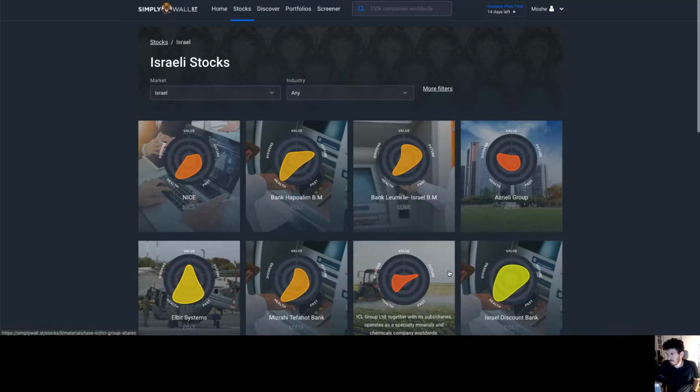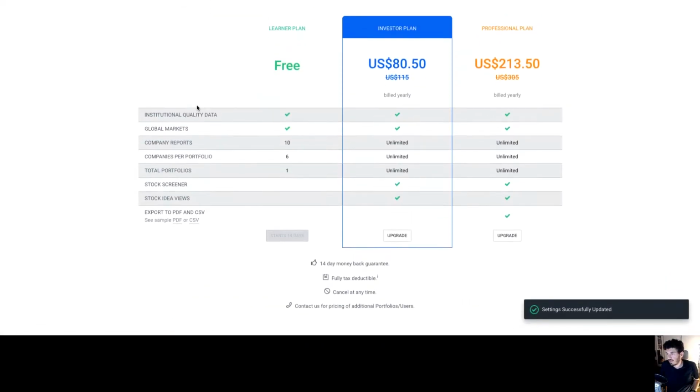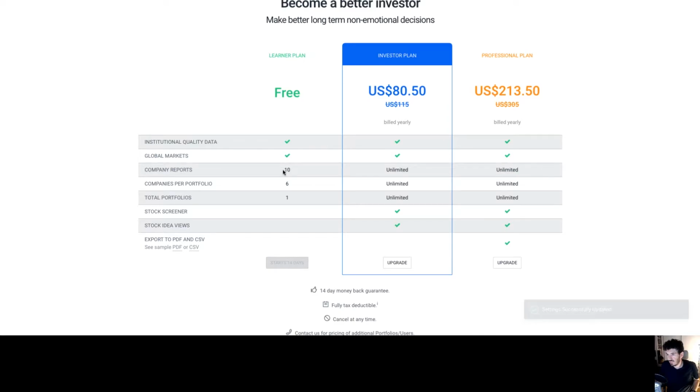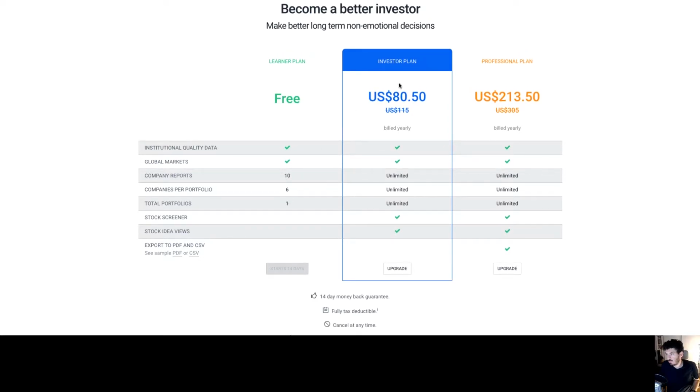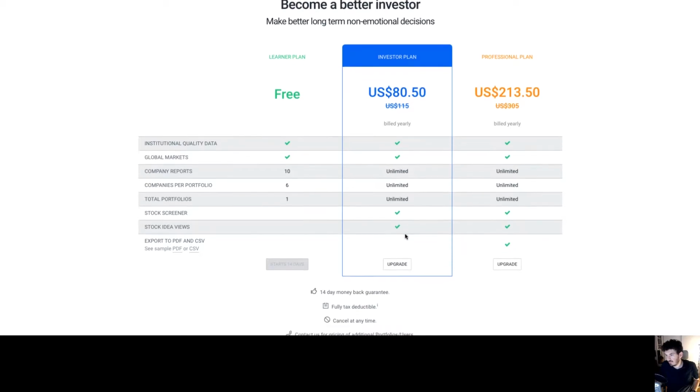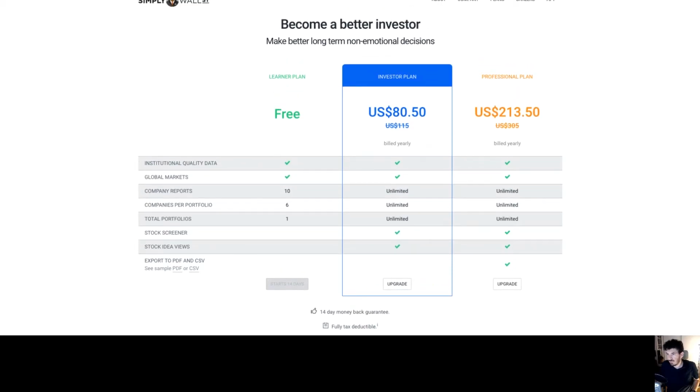And let's go. So we're currently in the trial, and the trial plan has some unique features to it. So the trial plan basically allows you to do 10 company reports, and if you want the investor plan, then you get much more. You get unlimited company reports, and you get a stock screener and stock idea views, etc. Going back,